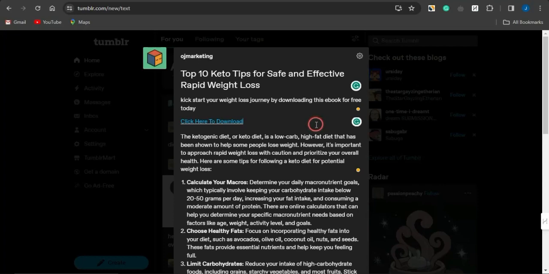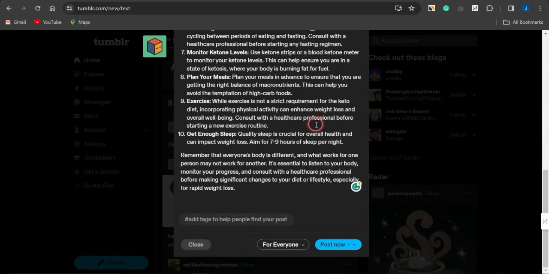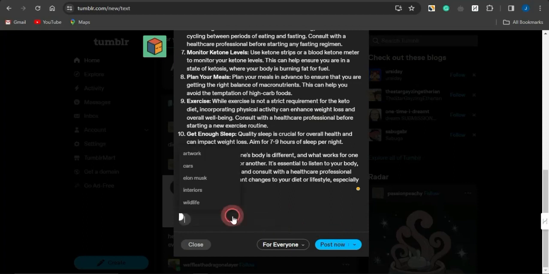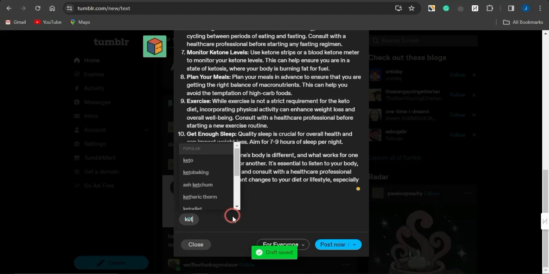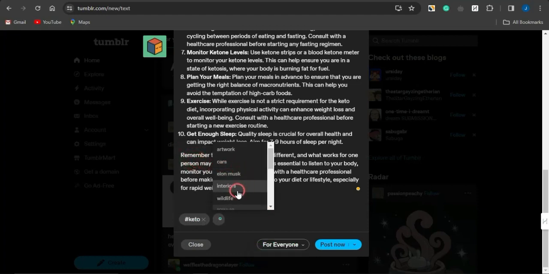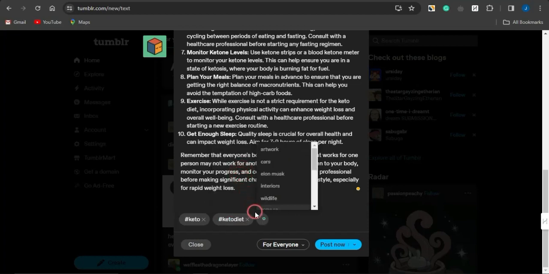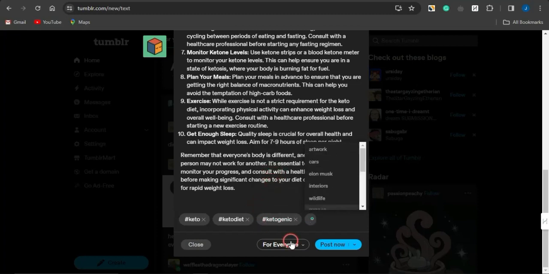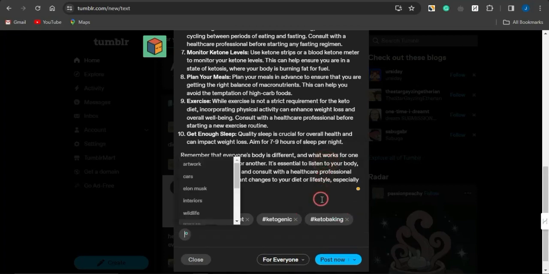So basically, once you're done with this, you just simply need to scroll through and you want to just simply add tags that are related to that right there. So if I do come right here and add tags related to this particular niche, as you can see, this is the keto cookbook, or keto diet, I'm just going to go on to typing in things related to that right there. You could also go on to seeing keto diet. I'm going to also add other keywords right there and add as many keywords that are actually related to this particular niche which you're actually focusing on. So you could do this for any niche of your choice right there.